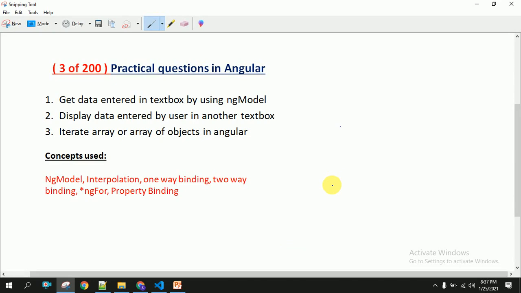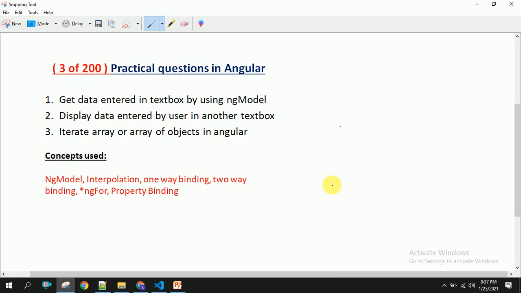This video is part of practical questions in Angular. I have around thousands of questions, but I am mostly focusing on these three questions in this video. I want to mention a note here: this video is entirely for absolute beginners to Angular, or people trying to switch from other technology to Angular, because experienced people might feel that this is a basic video or basic scenarios for them, but for beginners it will be very helpful.